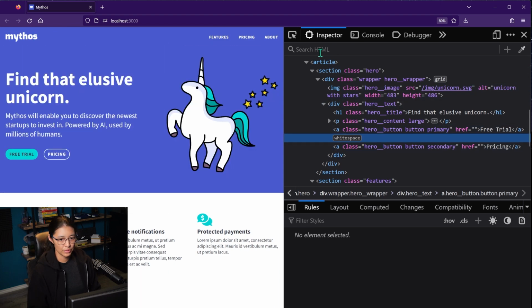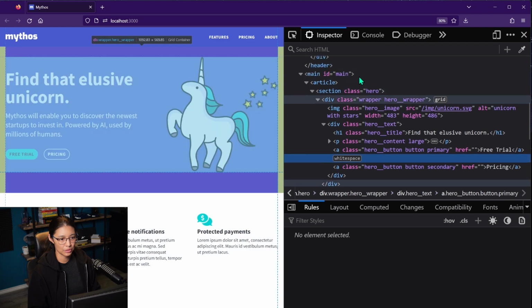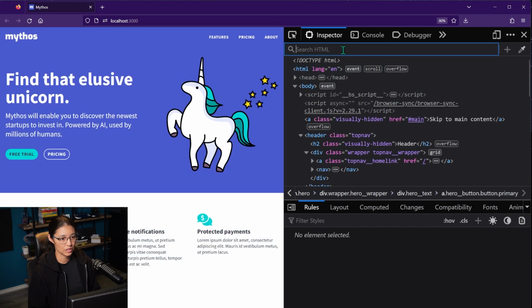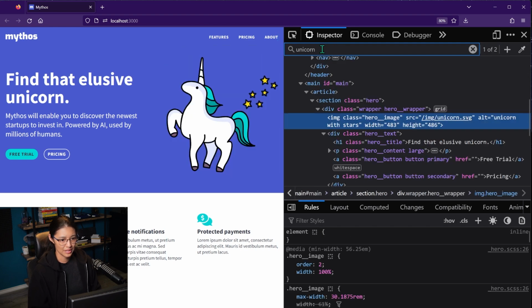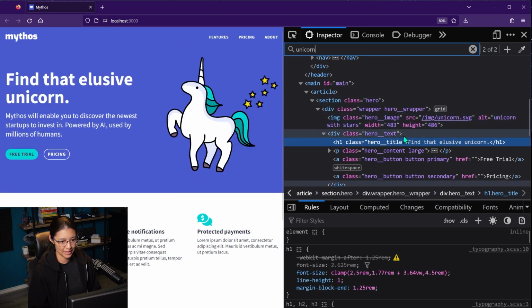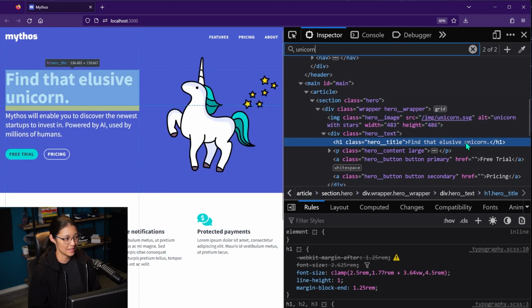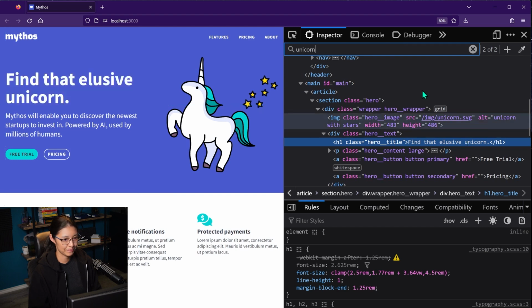So in the markup view panel, another thing you can do that's kind of cool is you can search through the HTML markup for different elements or even just text values. So for example, I'm going to search for the word unicorn, and press enter. And it tells you there's one of two results. So there's two results that have the word unicorn in them. The first one is this image tag, and if I press enter, it'll go to the next one. And there's the word unicorn in this H1 text.